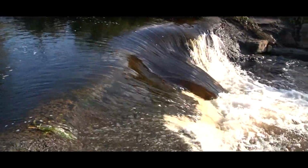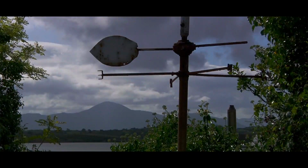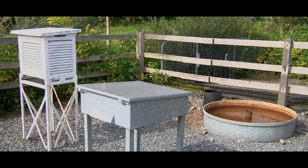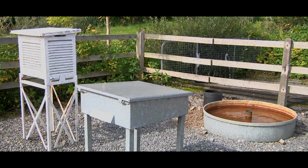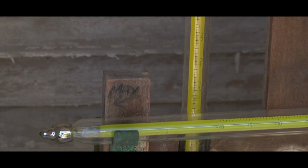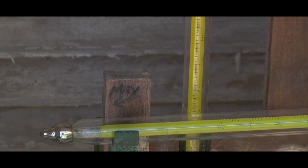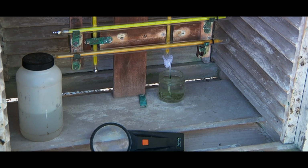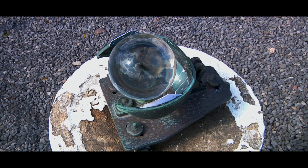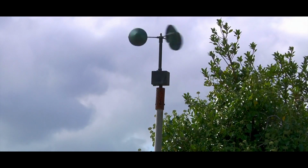For the weather, we're really lucky that when this research station was set up here in the 50s, Met Éireann co-located a manual weather station on site. So there's been a manual weather station on site here recording. I think our first data started coming in 1959. Those data would be collected every morning by whoever's on duty, and some really lovely historic instruments. Then in 2005, Met Éireann decided to switch over to an automatic station, and so from 2005